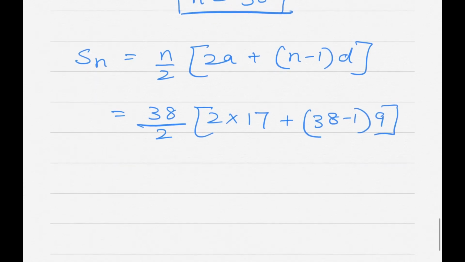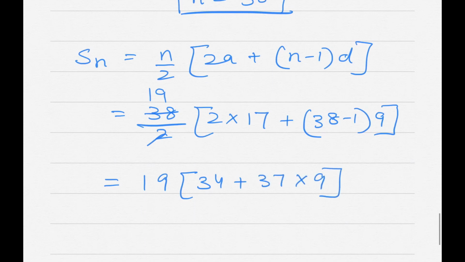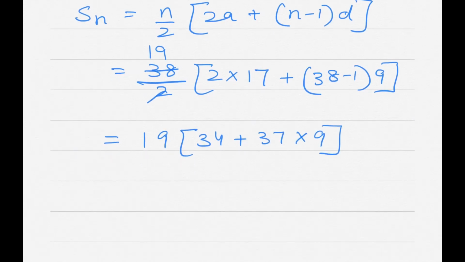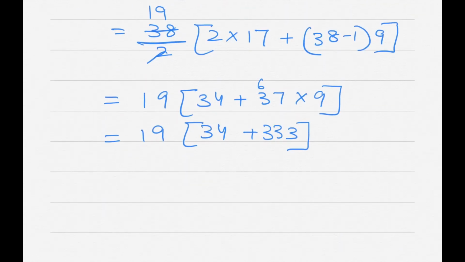Okay, so now I have this 19 into 34 plus 37 into 9. Okay, now this is equal to 19 into 34 plus 63, 27 and 6 is 33. Okay, this is equal to 19 into